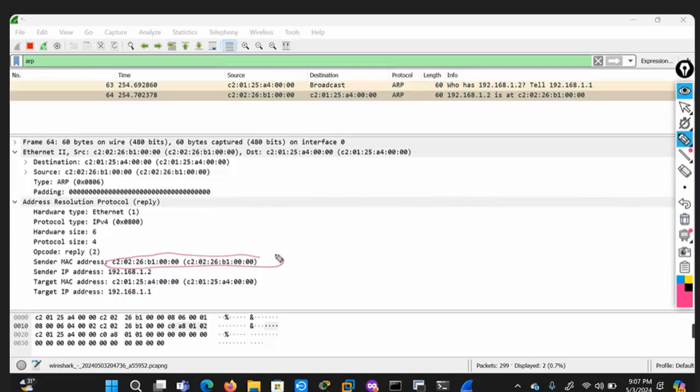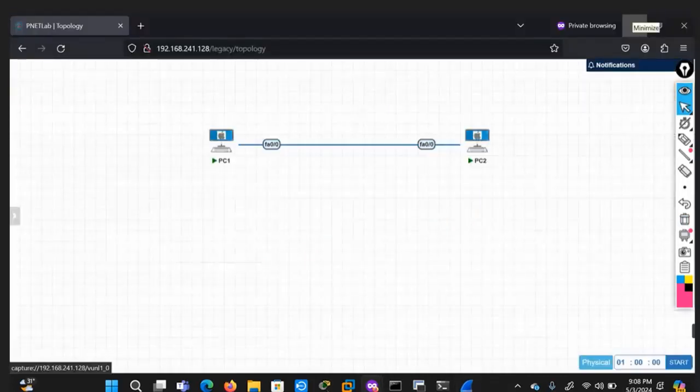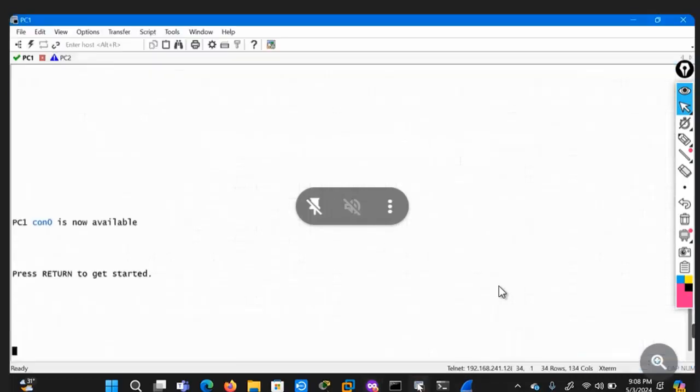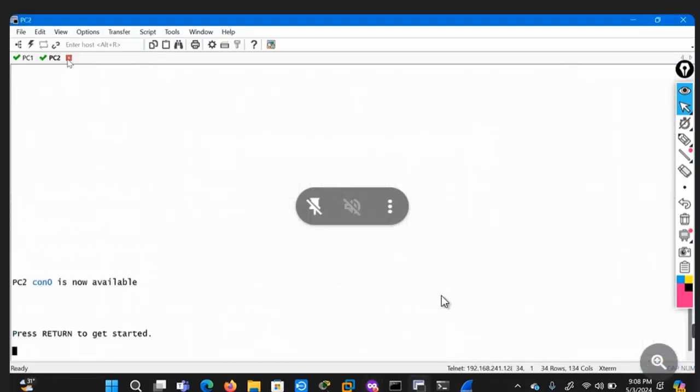This is the actual MAC address that is required for PC1. So it will put this MAC address into the ARP table so that it resolves the MAC address. Are you clear? If we want to see whether the MAC address is resolved or not, then we can simply go to the console.